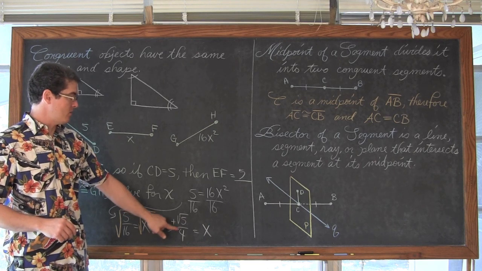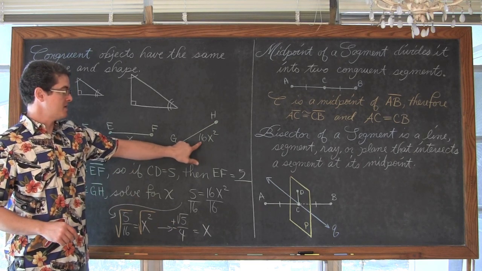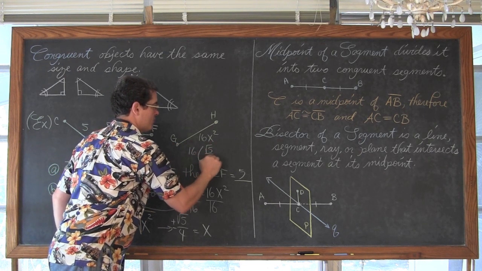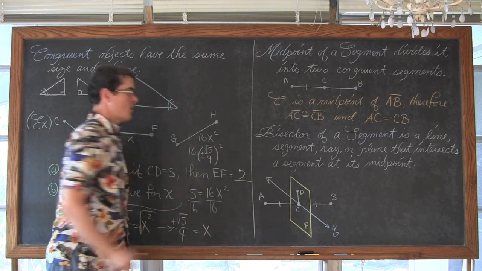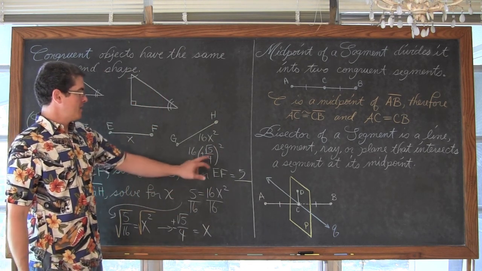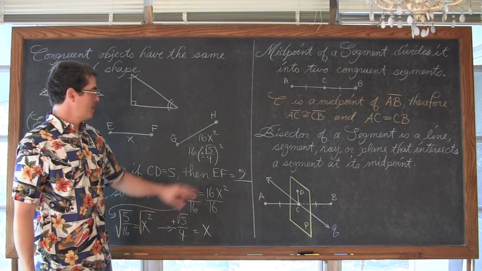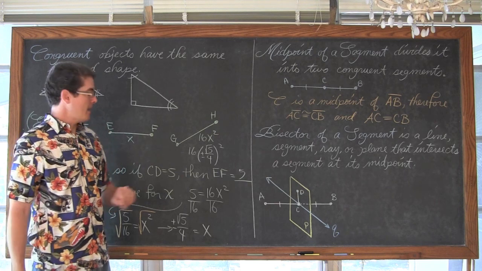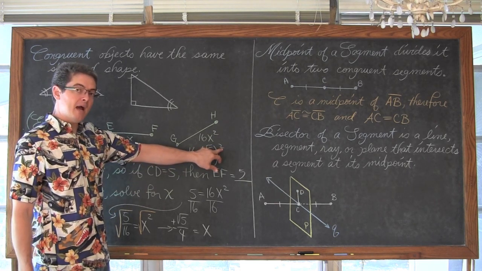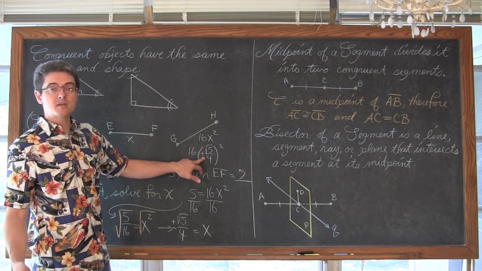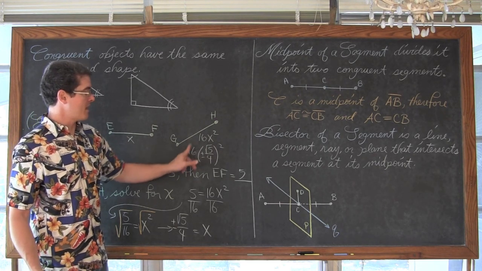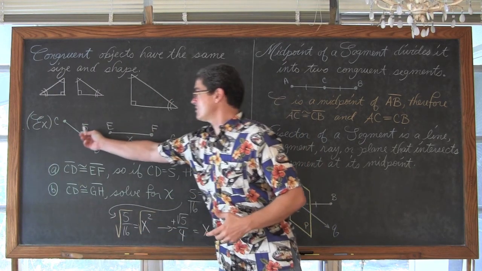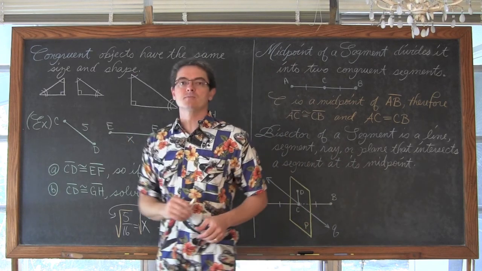So you can take this value and plug it back in here and do 16 times the square root of 5 over 4, plus or negative, squared, and make sure that that does come out to equal 5. Square root of 5 times square root of 5 is 5. 4 squared is equal to 16. And the power of 2, that even power, is going to cancel out the negative number. Negative times negative is positive. So when you work out this arithmetic, you are going to get that answer of 5 that we needed from the original segment, which was congruent to GH.